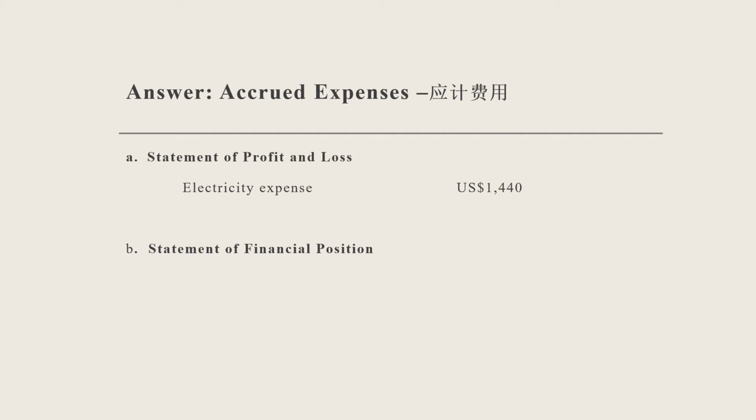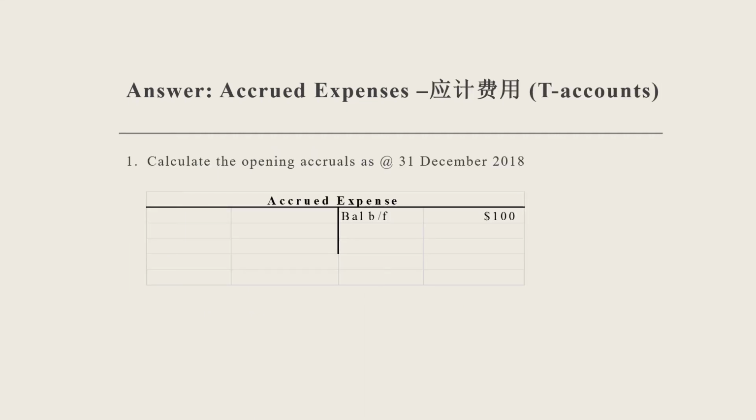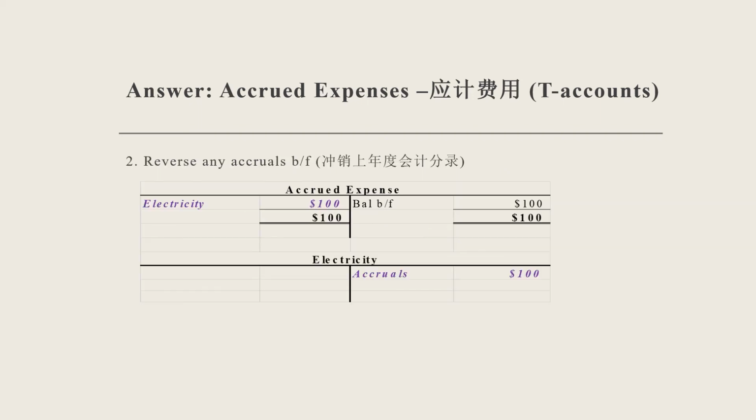In December 2018, the adjusting entry for electricity is debit electricity 100, credit accrued expenses 100. Accrued expenses are a current liability, so an increase is on the credit side. Second, reverse any accruals brought